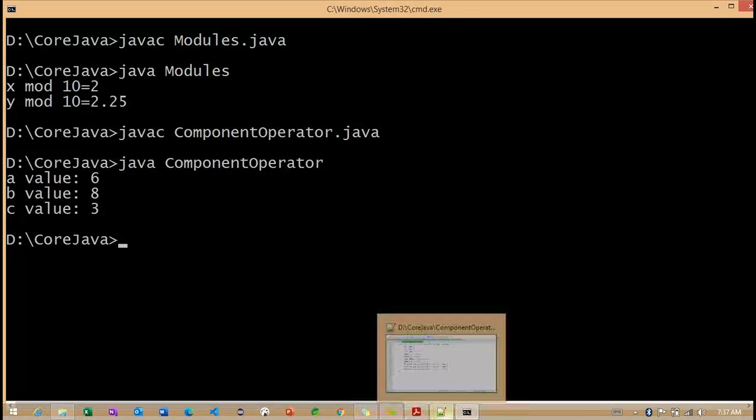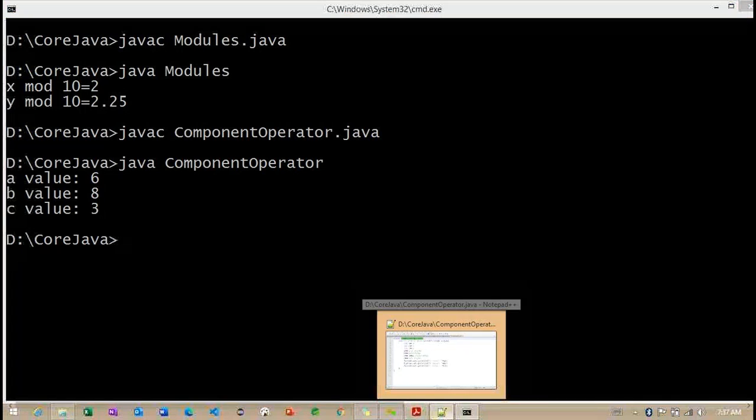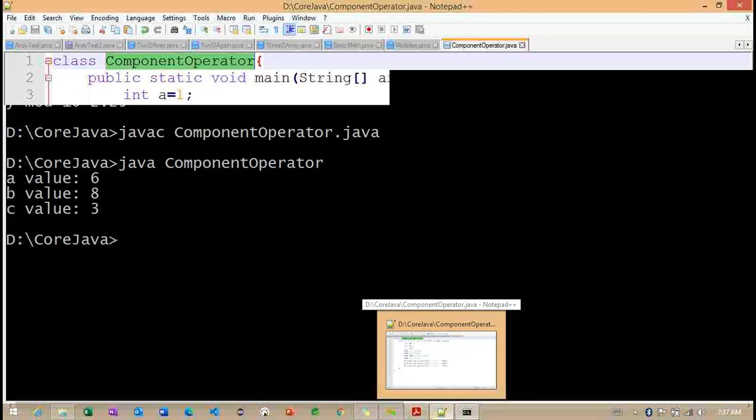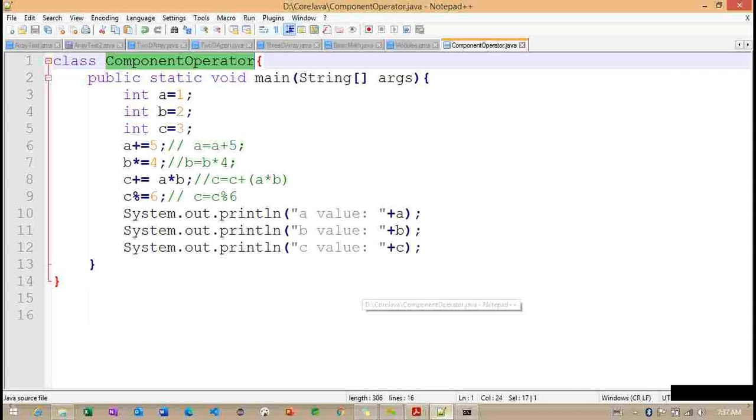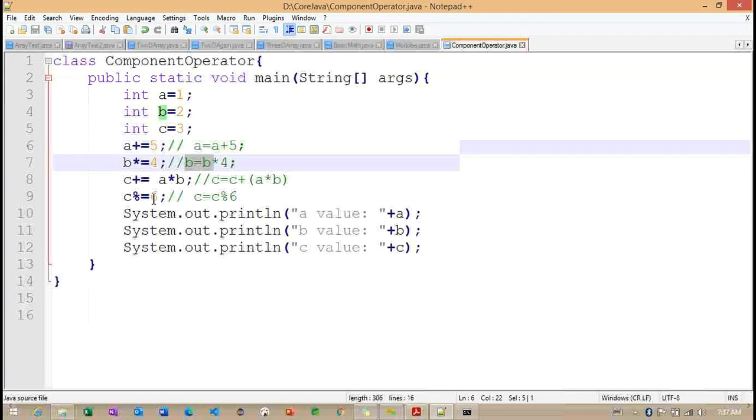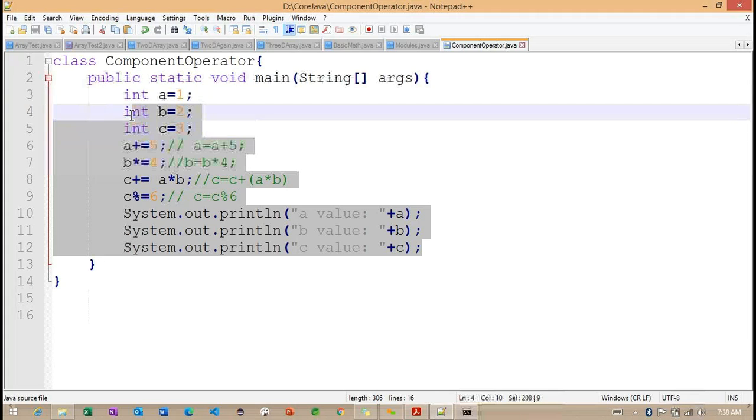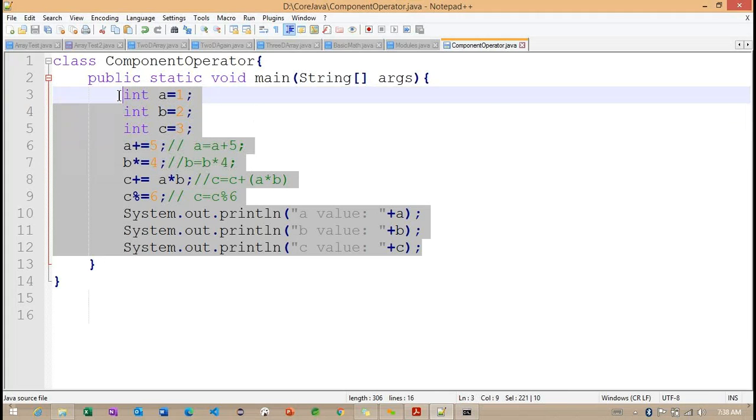To understand, we work with these operations here. What exactly are we going to get here? What values are we getting here? Based on this particular value, finally we are printing these particular values here. So any questions regarding this particular compound operator? This is the important point we are discussing here.